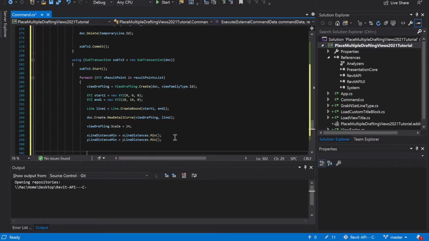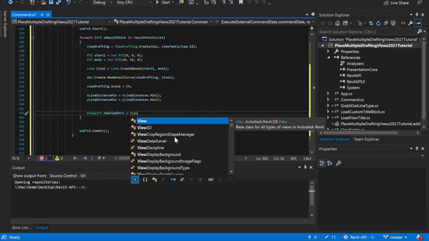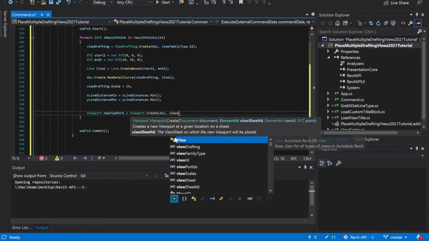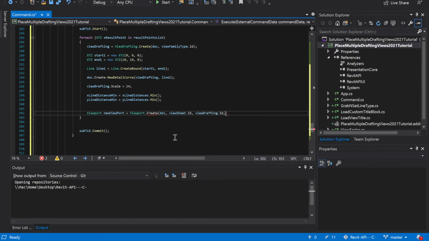And that's going to be viewport, new viewport. Something's not working. Let's see, we'll try it again. Viewport. Okay. Is equal to viewport dot create, doc, view sheet dot id, and then it's going to be view drafting dot id, and we need to get the location, which is going to be